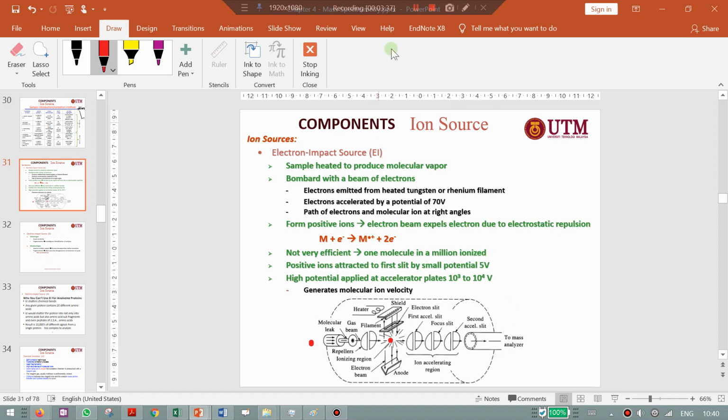What else is the information we have? Okay, I don't think you guys need to remember this. From the positive ion, electron beams expel electrons due to the electrostatic repulsion. And thereafter, going through the molecular leak, we have the repeller over here, which will somehow repel through the